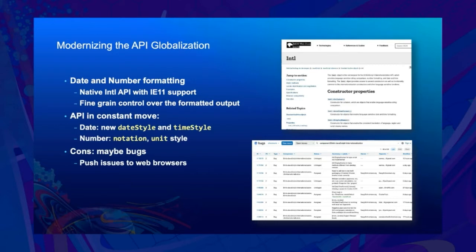So recently they added date style and time style to more easily format the dates and times with shortcuts like, okay, I want to have a long date or a short date format. They also added the notation option, so scientific, compact, and so on, and the style unit to be able to format units in meters per second, and so